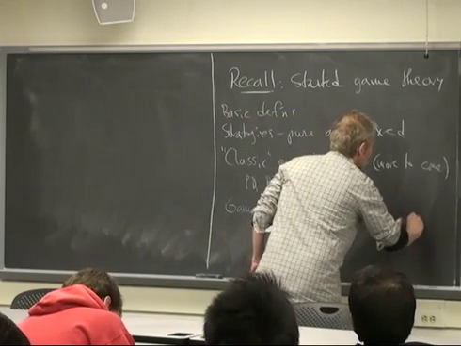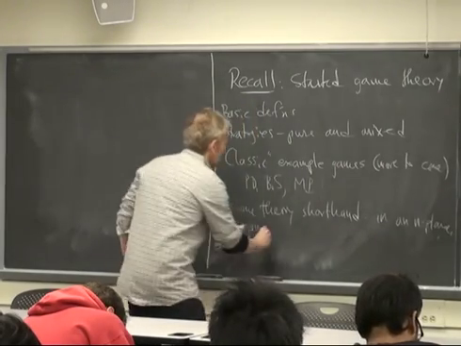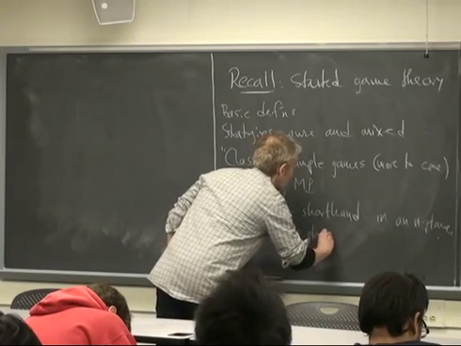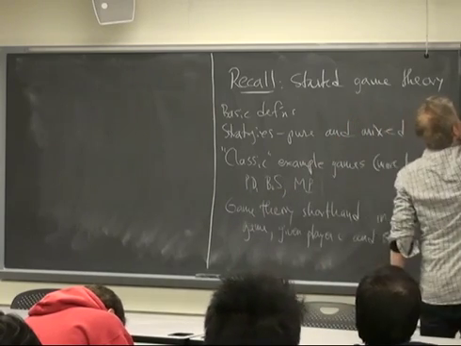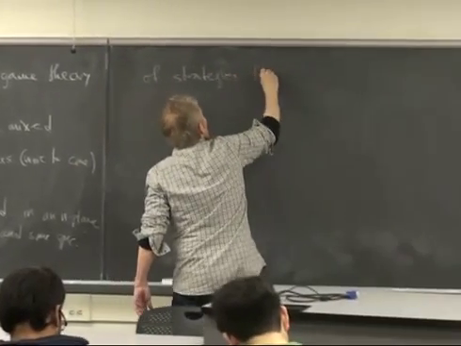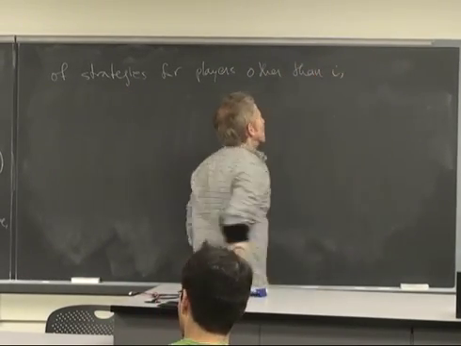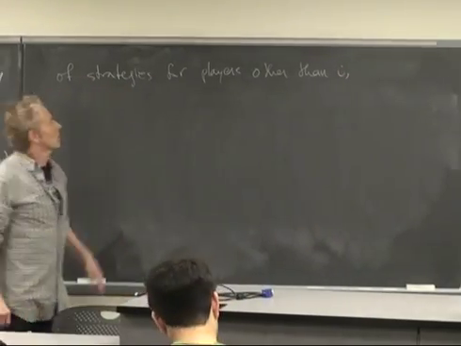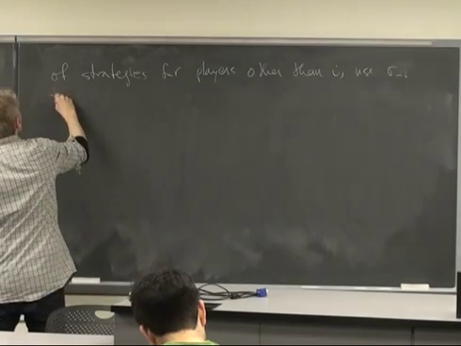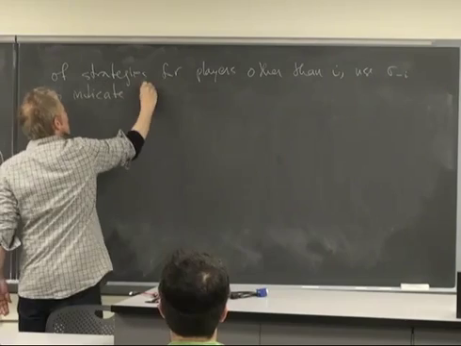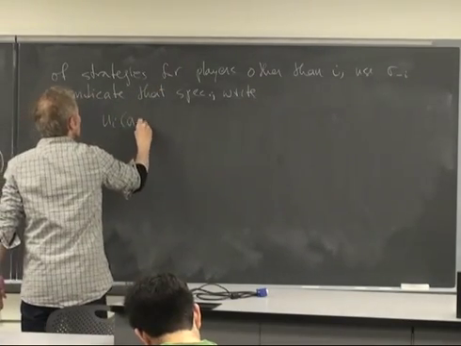If you're in an n-player game, given player I and some specification of strategies for players other than I, we abbreviate this specification of strategies for players other than I by sigma sub minus I. And you write U sub I of, if I have an action for player I,